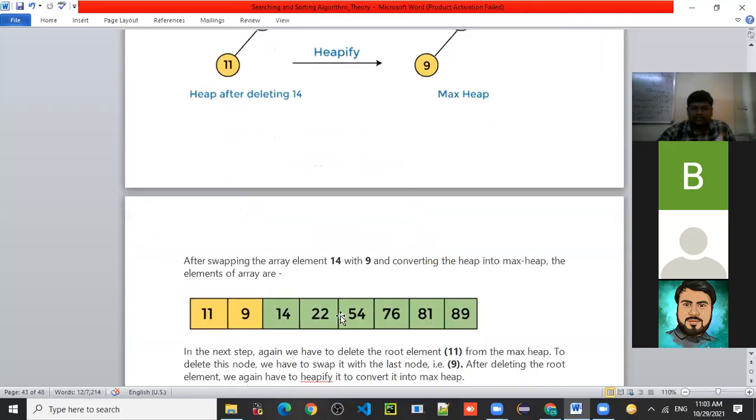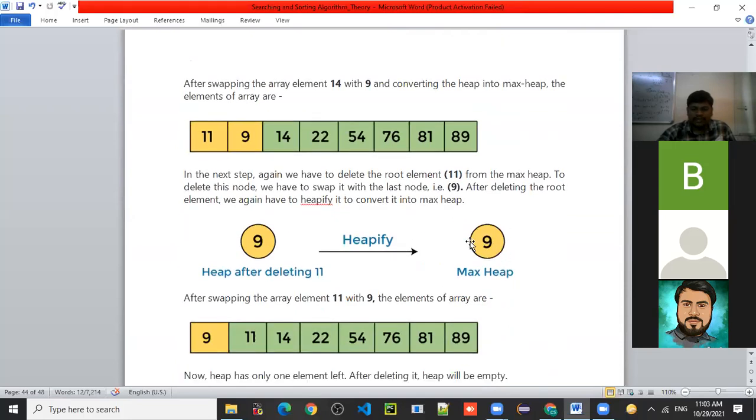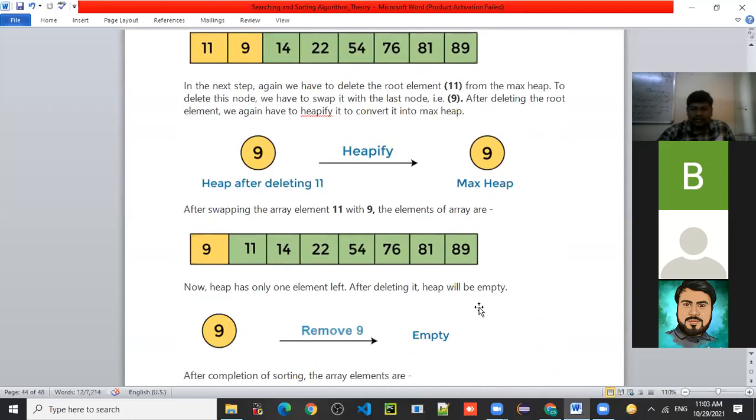In this way, we are coming closer to finishing the sorting algorithm. And the last element remaining is 9. Apply the heapify. This is the max heap, and we delete after swapping the array element. Now the heap has only one element left. After deleting it, the heap will become empty.